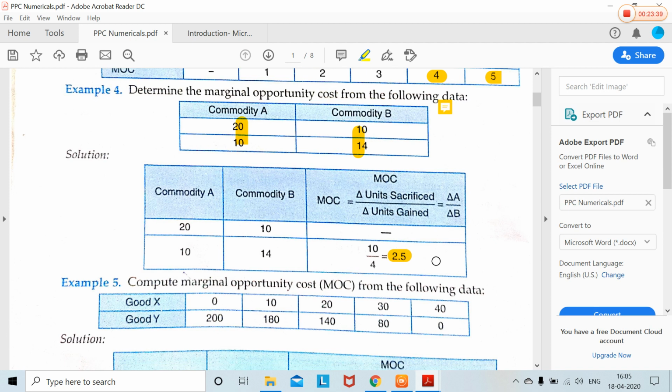So the point to remember is the loss always has to be calculated for the gain of 1 unit. If in the question the gain is given for 4 units, the loss is also meant for 4 units only. So now you will find this loss for one particular unit. For gaining 4 units, the economy lost 10 units. It means for gaining 1 unit, the economy lost 2.5 units.